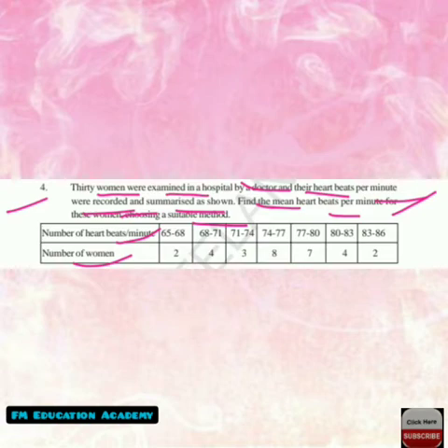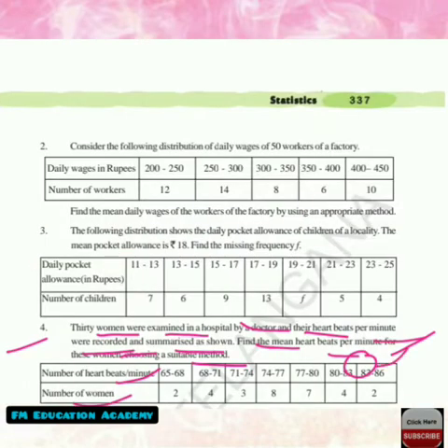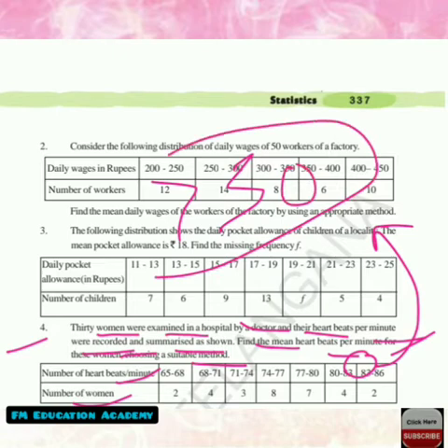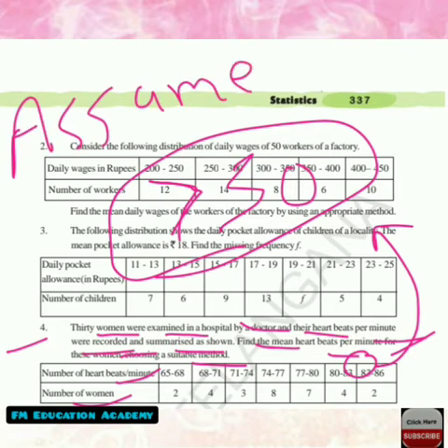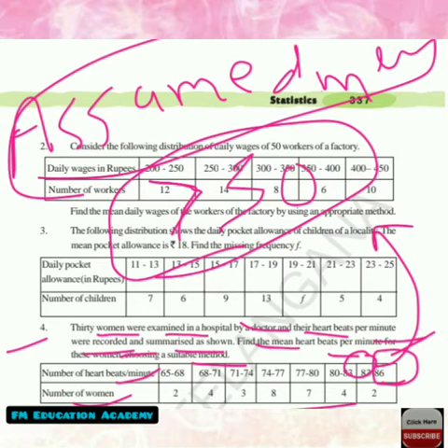If we observe, the maximum value here is 83. 83 means it is more than 50. We know that when the values are more than 50, we can use either assumed mean method or step deviation method. Here in this question, I am going to use assumed mean method as the class interval and the frequency are only single digit numbers and two digit numbers. So use assumed mean method, which is also known as shortcut method.